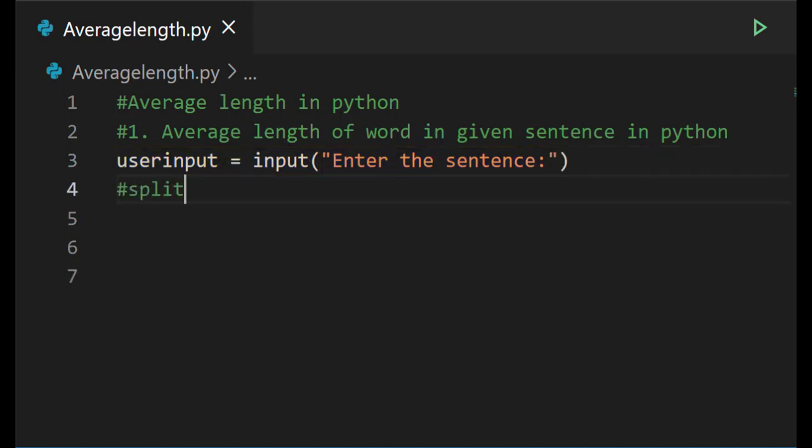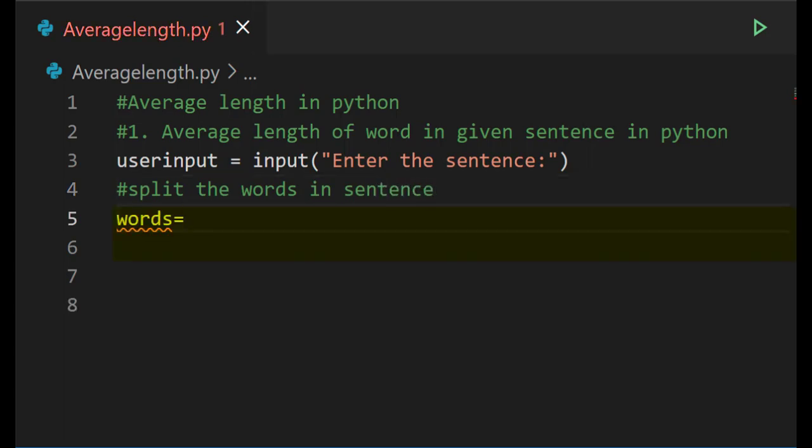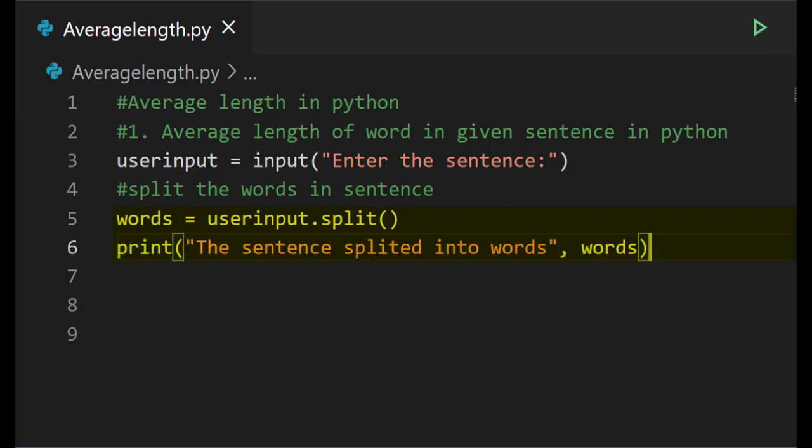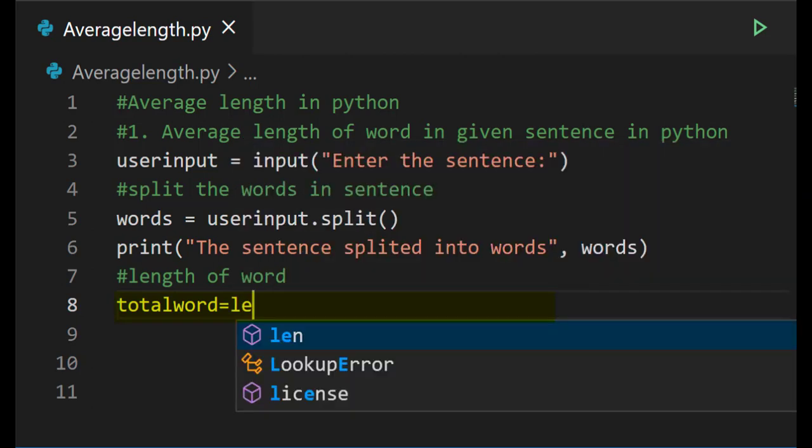And to split the words in the sentence, write words is equal to user input dot split. Then print the words by giving the sentence split into words. And to find the length of the word, write total word is equal to length